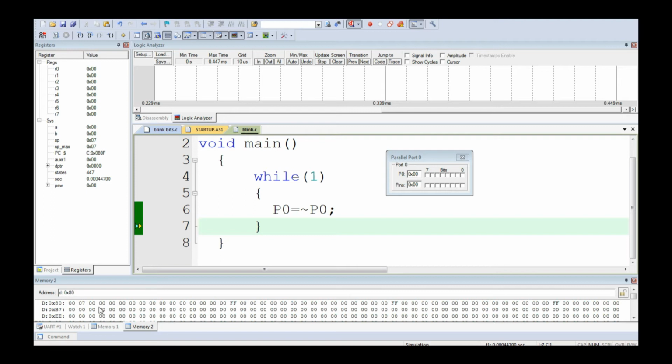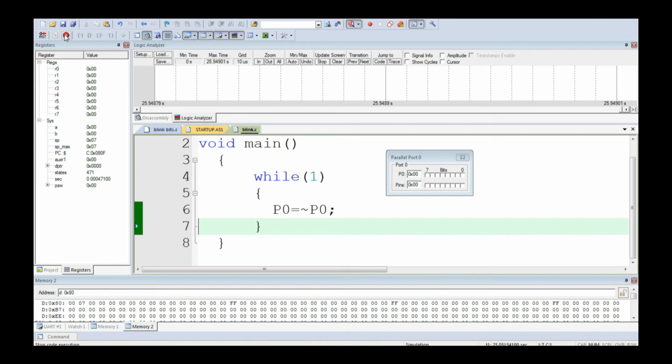So we can visualize the data memory content of the 8051 microcontroller through the simulator, which is more appreciable and more interesting. So that's all. Simply, we can see the blinking nature of it. Now I am executing in a single step. I can run this code also. Now I am running, so it keeps on blinking, right?